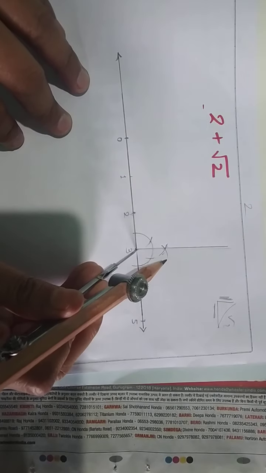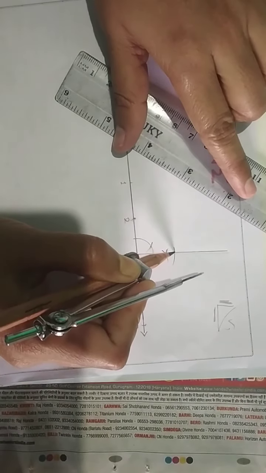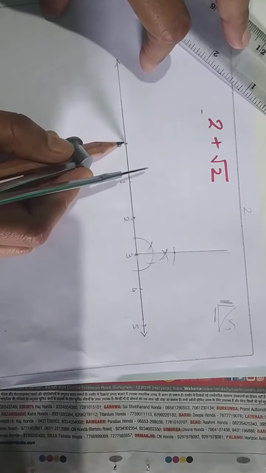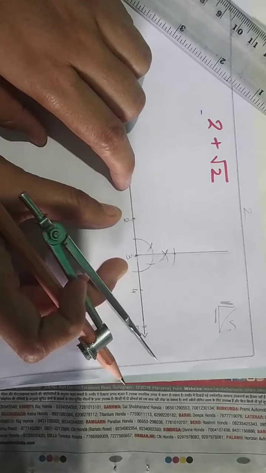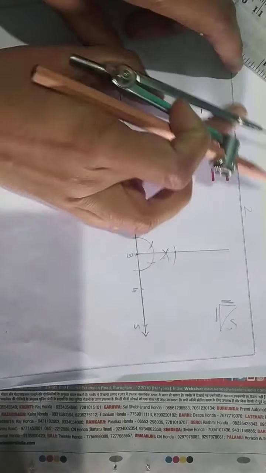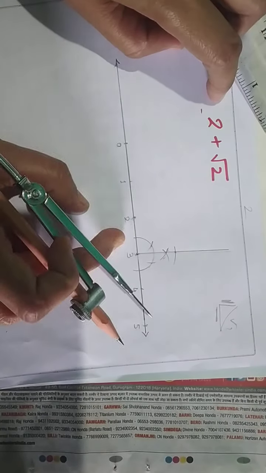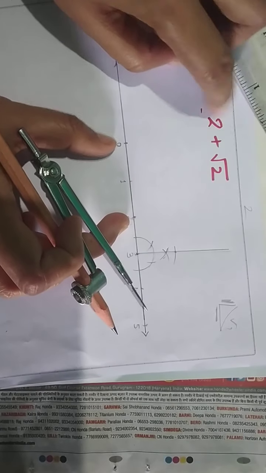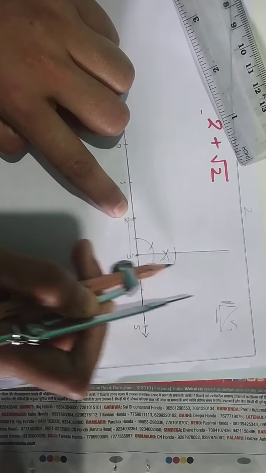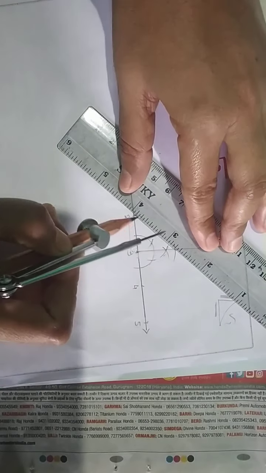Okay, so draw an arc here. This point to this point we have to join. Why are we not joining with O? Because here this distance is 1 unit from 2 to 3. Understood? This is 1, this is 2, and 0 to 2 is for this number. Now under root 2 is from here to here. This is 1 unit, this is 1 unit. So join it. This will be equal to what?